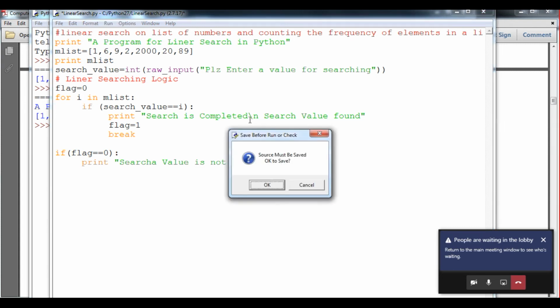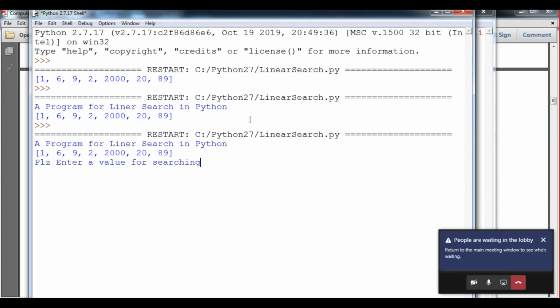That's it. Suppose we have compiled, that is, interpreted it. You can see this list will open along with my program file name. Here it will ask please enter the value for searching. Whatever we enter, suppose it is from our list, we type 2, and you can see search is completed, search value found.